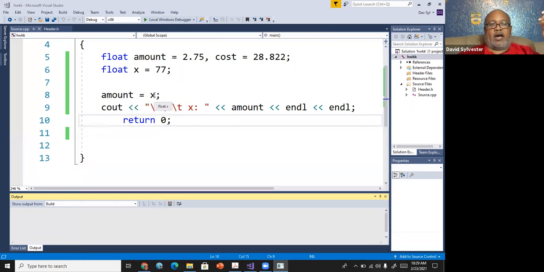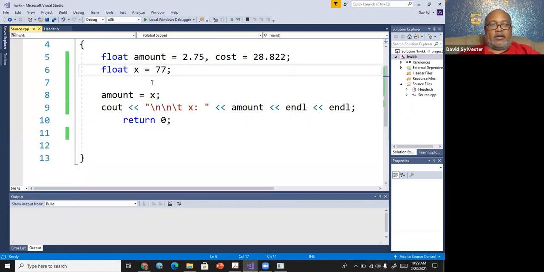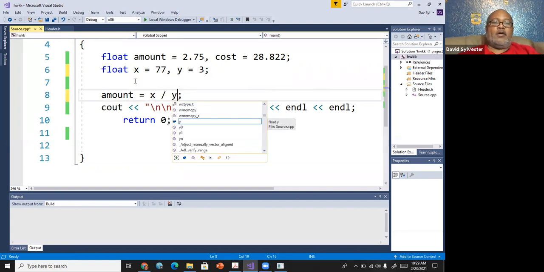All right. And many times, like if I did something like this, x equals 77 comma y equals, I'll say 3. All right. Now, so if I do something like this, amount is equal to x divided by y. Now, 77 divided by 3, that's going to give you a number with a decimal place, correct?